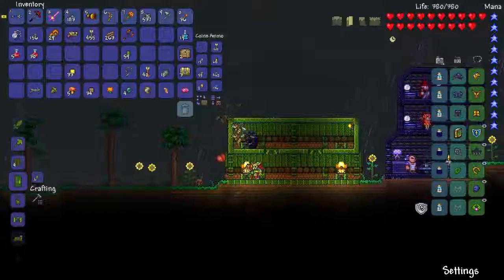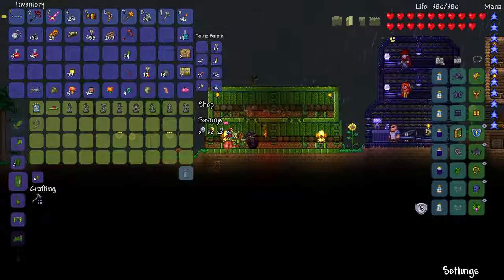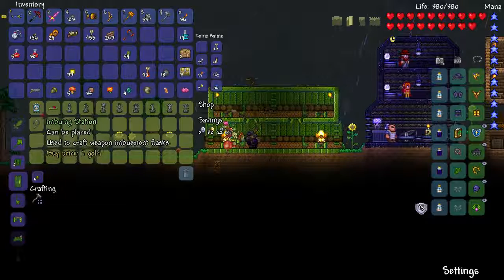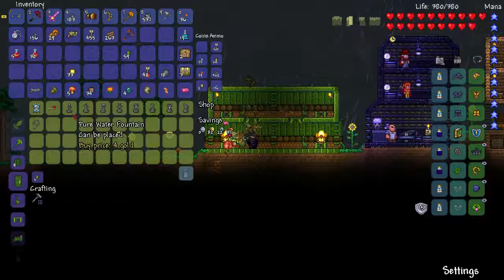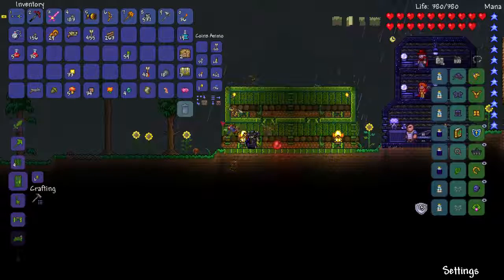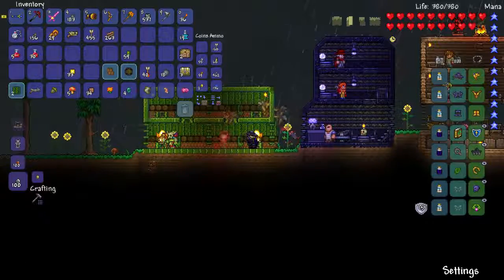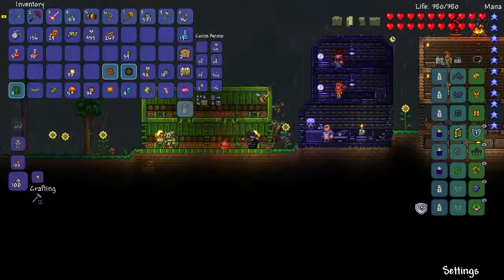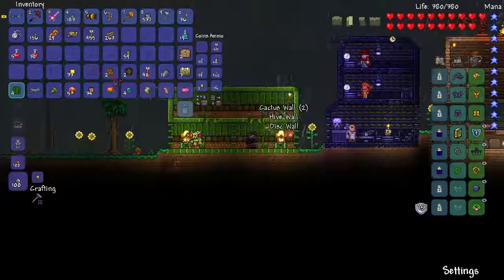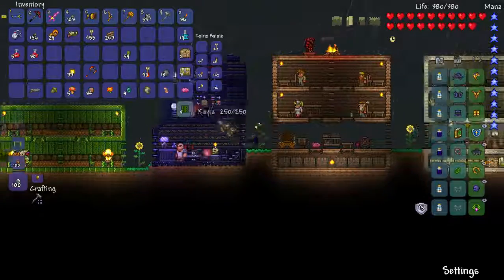Okay. Hey, witch doctor, you can have my grappling hook. And I guess I could buy an imbuing station from you. I don't need one right this second. Yeah, let's go ahead and... Yeah, that looks better. And then just quickly...